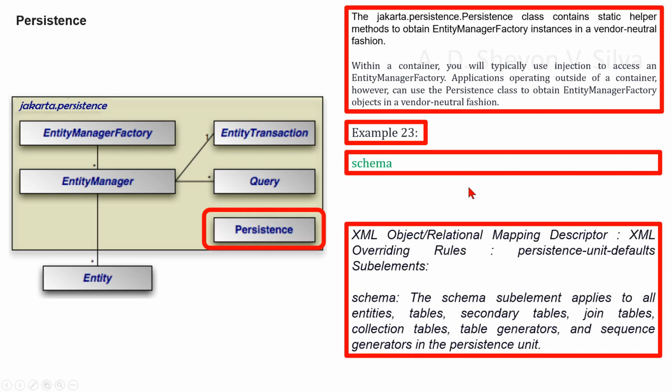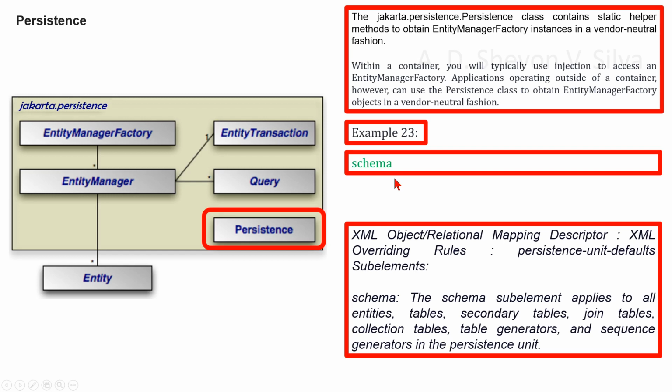Now we are considering persistence-unit-defaults sub-elements in XML overriding rules in the XML object/relational mapping descriptor. Schema. The schema sub-element applies to all entities, tables, secondary tables, join tables, collection tables, table generators, and sequence generators in the persistence unit. The schema sub-element is overridden by the schema sub-element of the entity-mappings element,